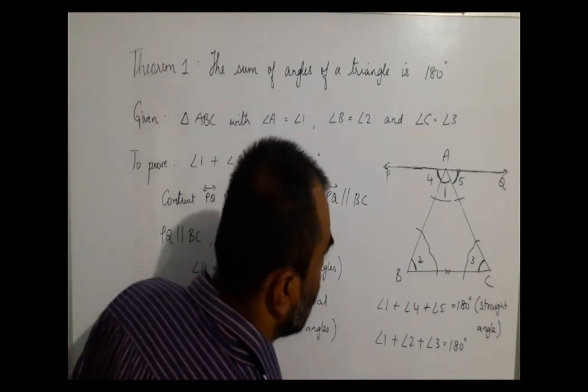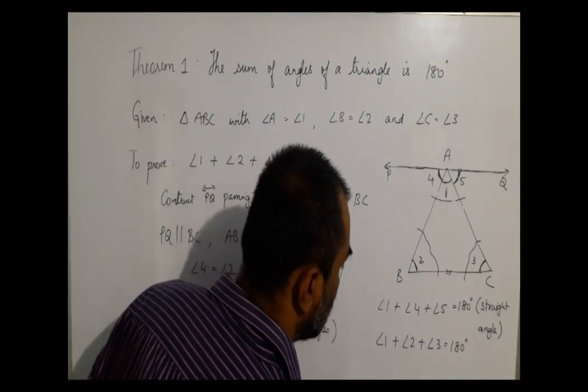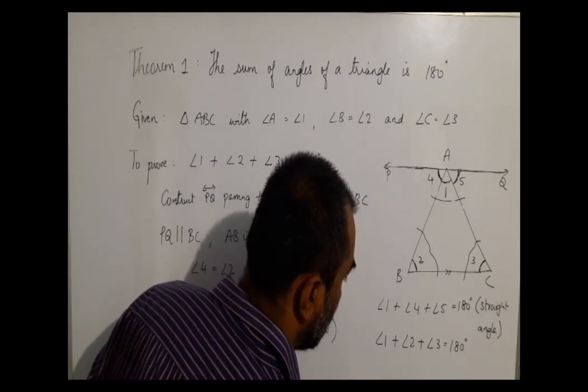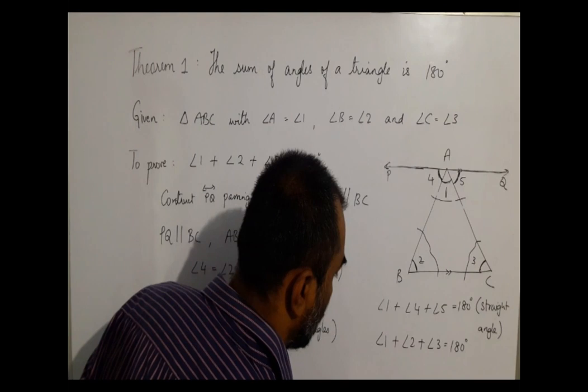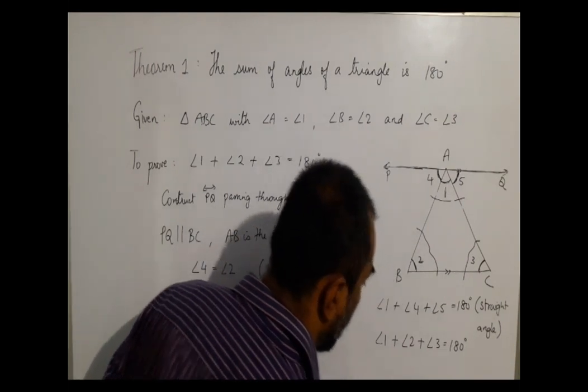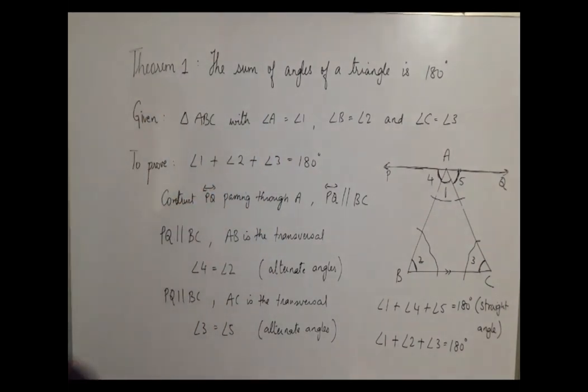After cutting it, try to arrange these pieces. Angle 1, the piece angle 3 and the piece angle 2. When you arrange the pieces, then it will form a straight line, which geometrically also shows us that the sum of the angles of a triangle is 180 degree. So now we have moved from angles to a triangle, because a triangle makes angles also. So the first theorem we have done today is the sum of the angles of a triangle is 180 degree.